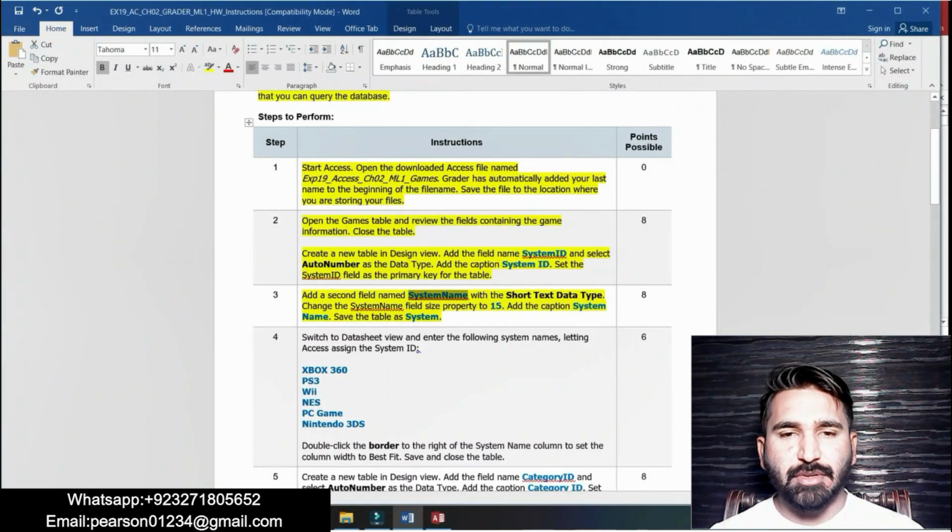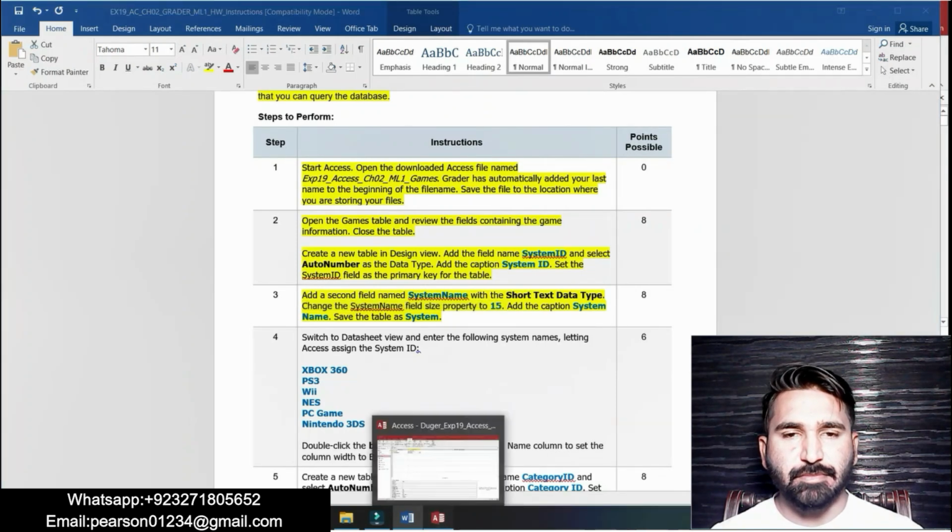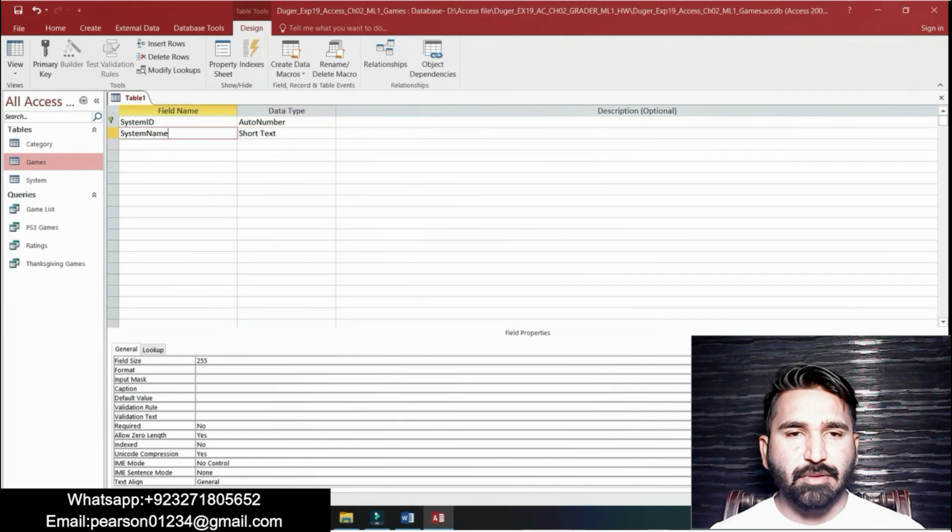Then change the system name field size property to 15. System name. Field size is 15.